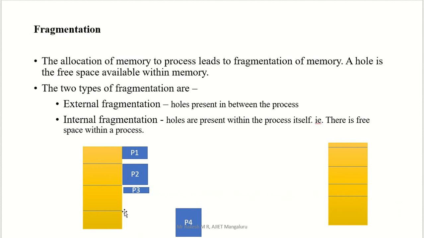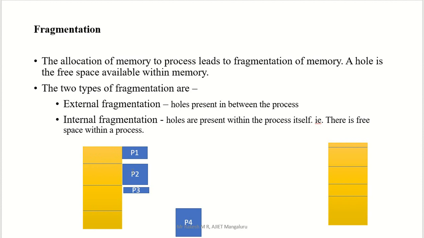See, a lot of space is wasted in memory. Only P3 takes this much space, and the remaining space is wasted inside the block. That wasted space is actually called internal fragmentation. When you put P1 inside that memory, P1 takes only a small space in that block, and the remaining part of the block is wasted. That is called internal fragmentation.